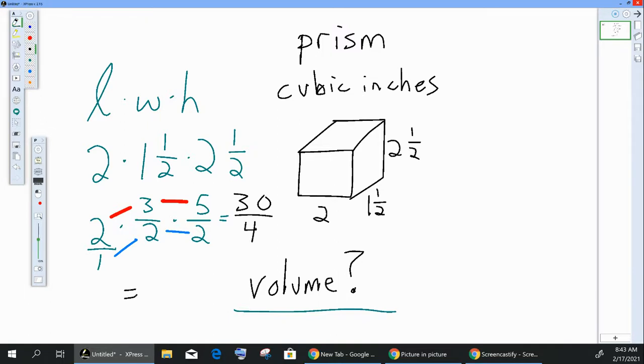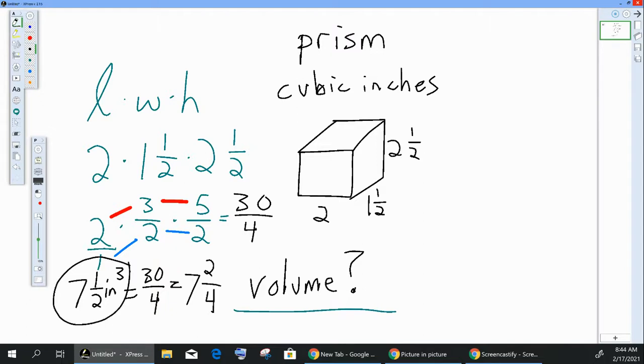So the answer is 30/4 cubic inches, but honestly, you would probably see that written as 7, because 7 times 4 is 28, and then 2/4 cubic inches, which may also be written as 7.5 cubic inches, or inches to the third power. Okay, so that honestly should not be that difficult to do, finding the volume with a cubic inch measure. However, on the test, I've asked you a few times, well, once, to do the same thing,